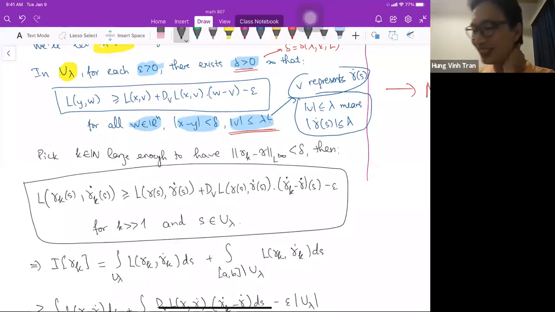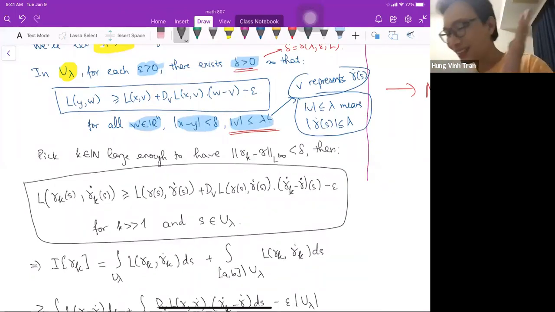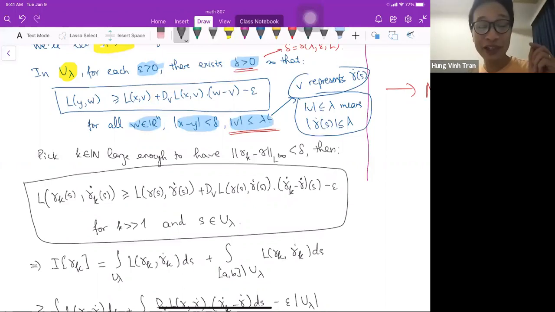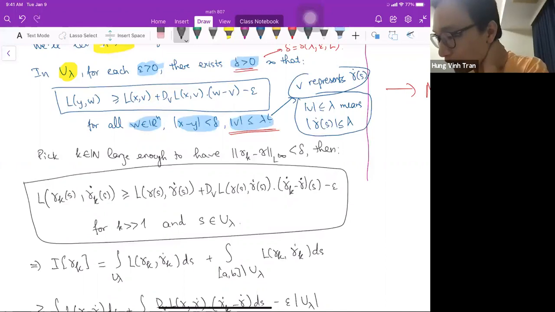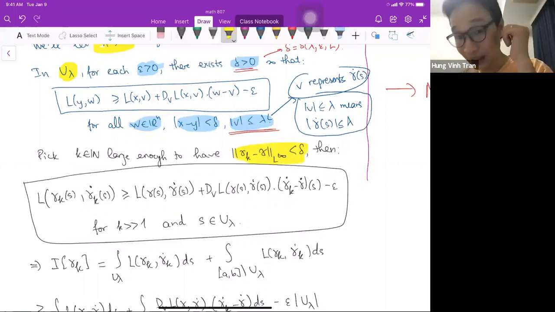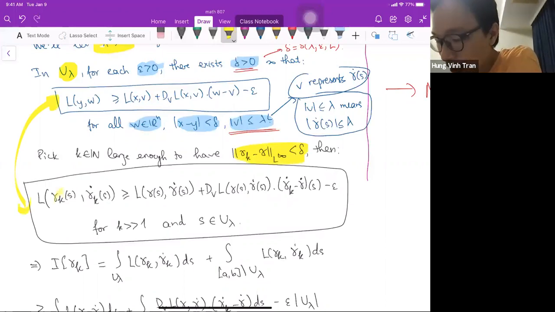I'm sorry. So we pick k large enough, and we have gamma k converging uniformly to gamma. If you pick k large enough, then the L infinity norm of gamma k minus gamma is less than delta, so you can apply exactly the earlier claim, the earlier lemma, to have this. So you have L of gamma k dot is greater than or equal to L of gamma dot